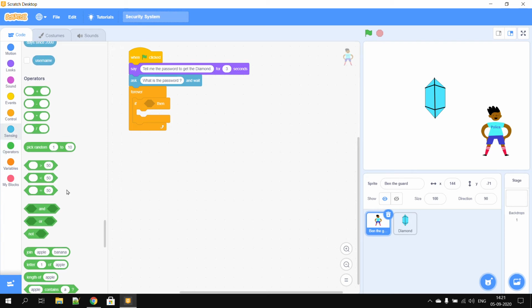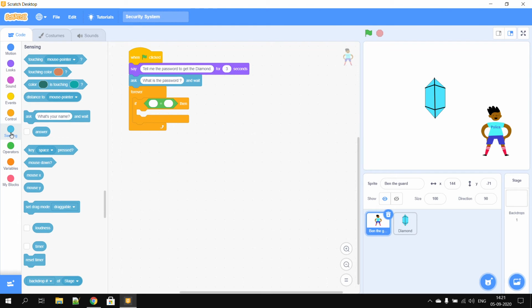I will take the last one. This is equal to this. So I am going to sensing and I will take answer from here and put it here. And then I will write here 9010. So now it is written 9010.